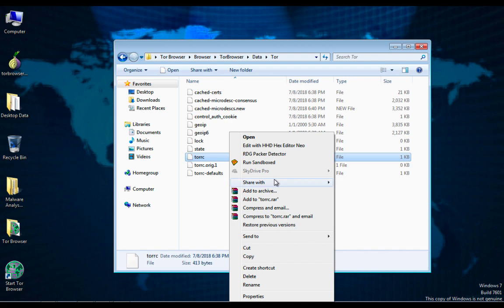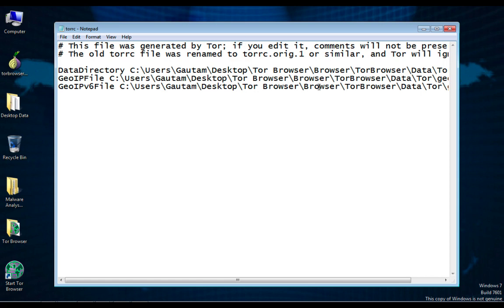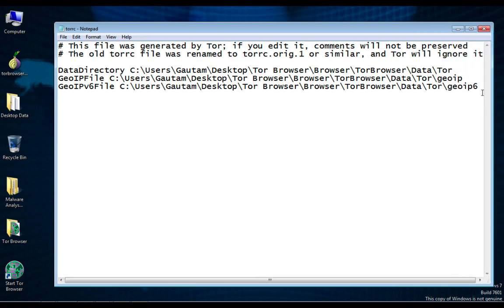So I'm going to edit this file. Just open it with Notepad. Right now we are setting up our own onion website, that is a Tor website. So we have to do something. Here I'm adding a comment. In the comment I'm typing "setting up Tor website". Great.